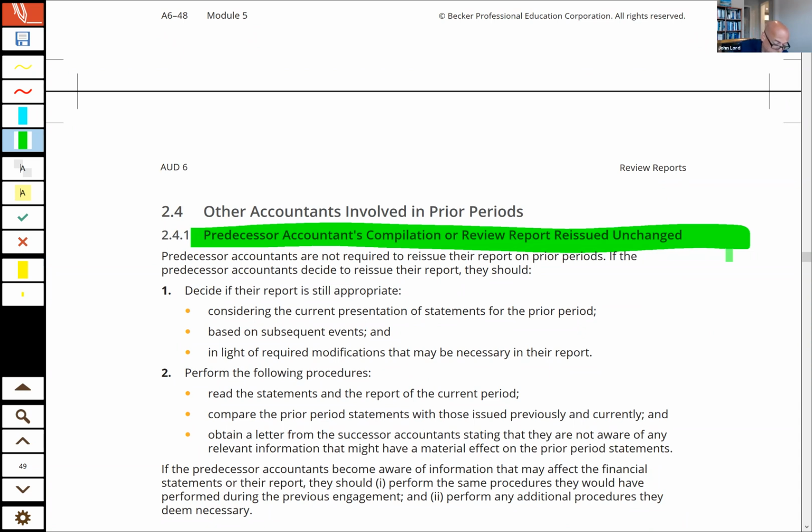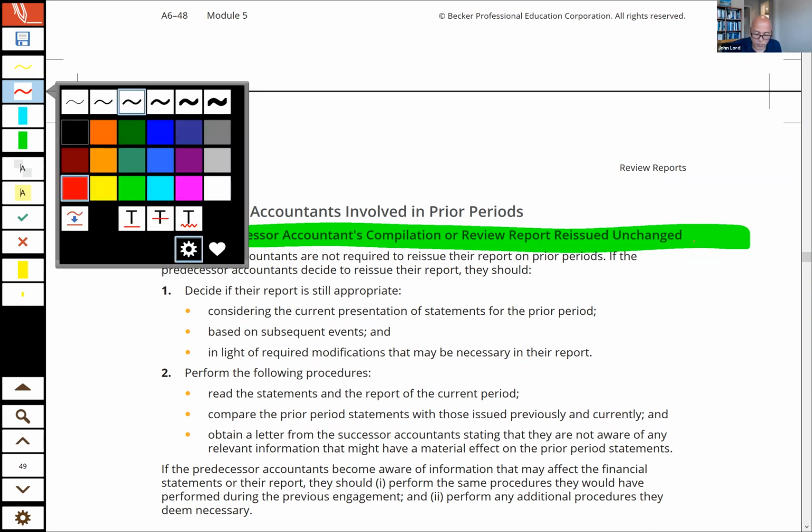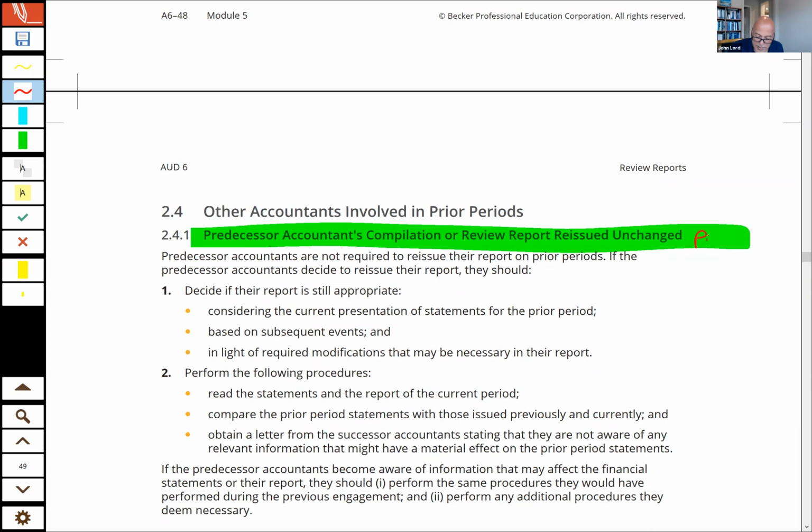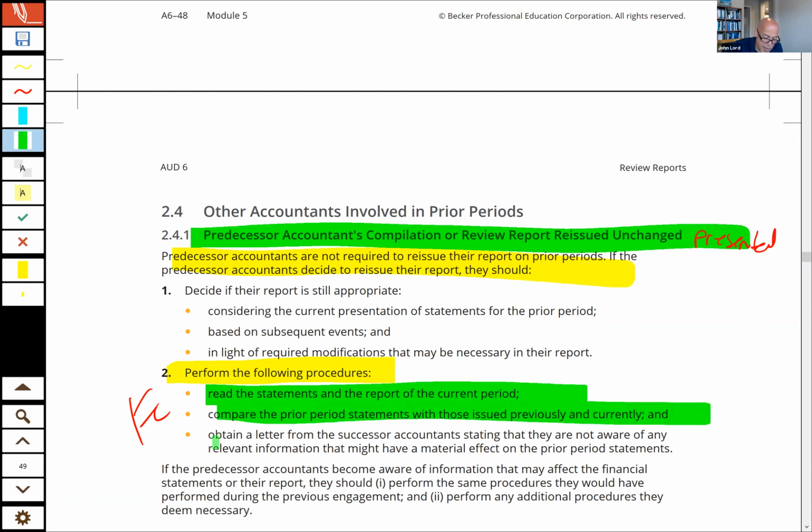This is not the inquiries though. This is, I audited this year, you audited last year, and I ask you, is it okay if I present your report along with mine? Okay, so if the predecessor's report is presented, then the predecessor accountant will have to do certain things, and they will perform the following procedures, which you should flashcard. You're going to read the statements of the current period, compare them to the prior period, and obtain a letter from me, the successor, in our little example, that I'm not aware of any problems with your previous